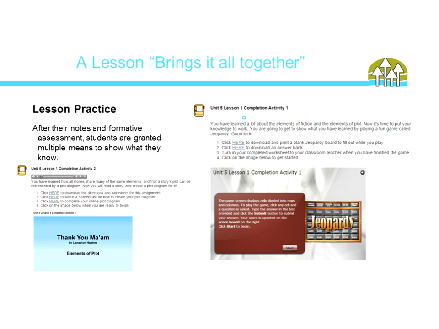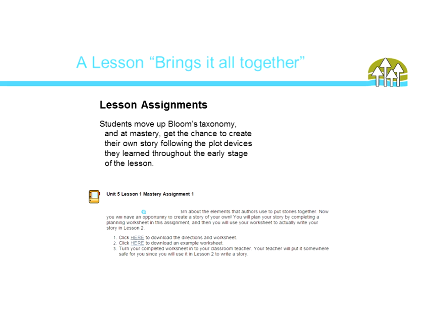So here you have an example, two different examples, should I say, where they first get to take a Jeopardy game using a learning object that's online and interactive, and then they get a chance to actually plot out a story that they'll get a chance to listen to and view online as well, and to download the plot diagram and map it out based on the notes that they just previewed earlier in the lesson. So then after they get a chance to practice, again, they're moving up Bloom's taxonomy.